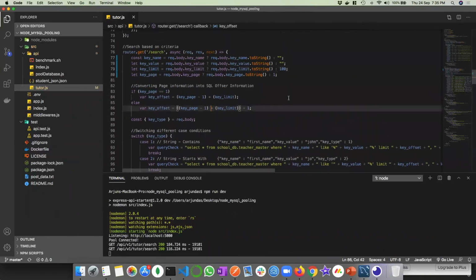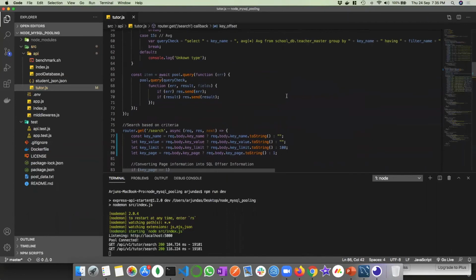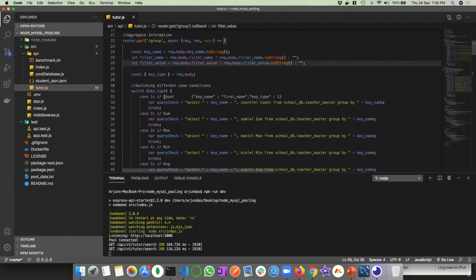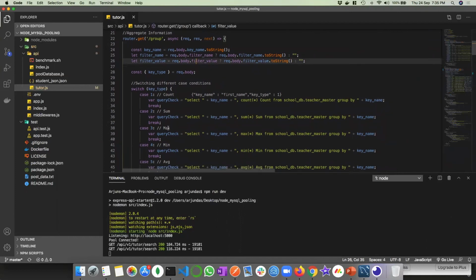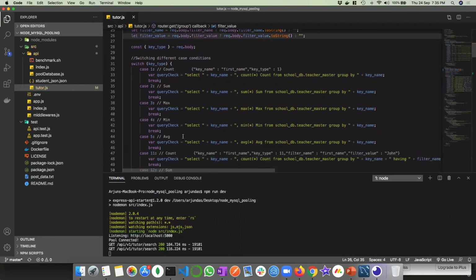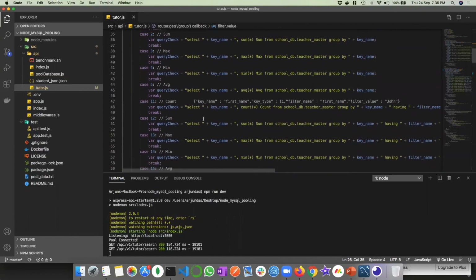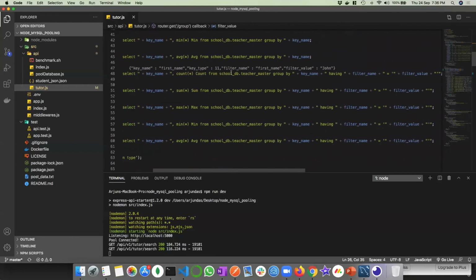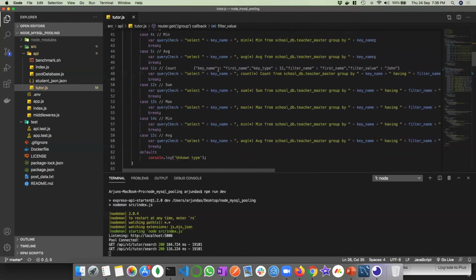All right, now this is where we've done a simple where clause. The user may also want to do a group by clause, right? To simulate that, we have added a route called group. Here we'll simulate some aggregation logic. Similar to the switch casing, we are aggregating on a key, and we are either doing a count, sum, max, min, or average, or we may also be using a having clause later, right, to restrict the filter cases. And here we can have a key name, a key type, a filter name, and a filter value.